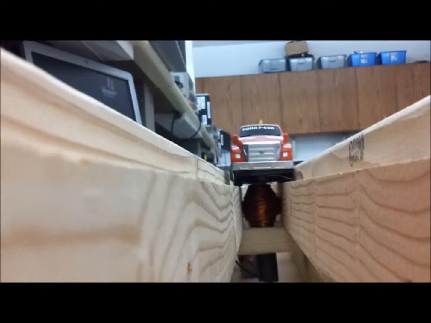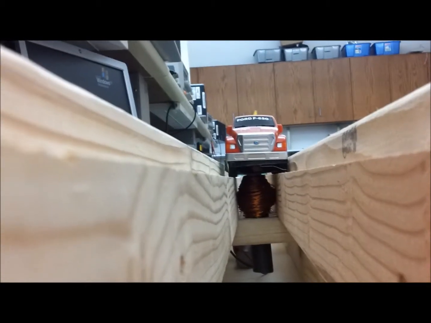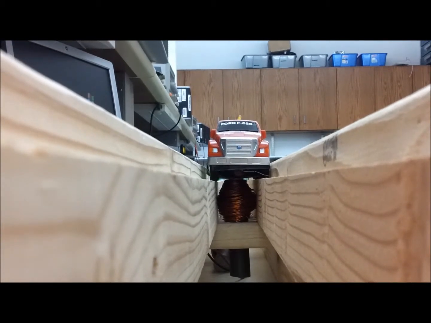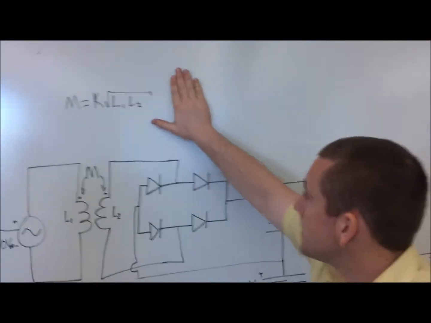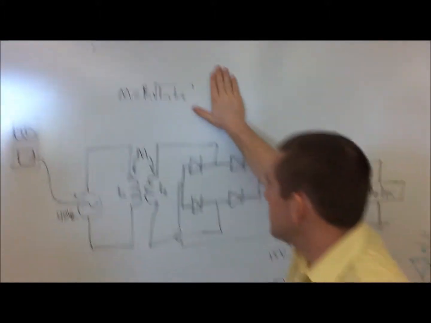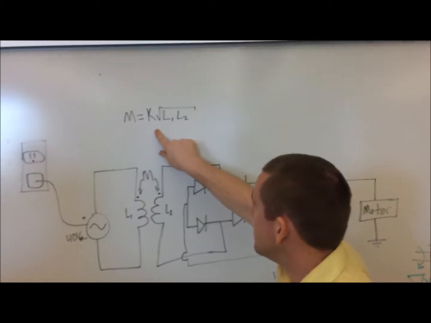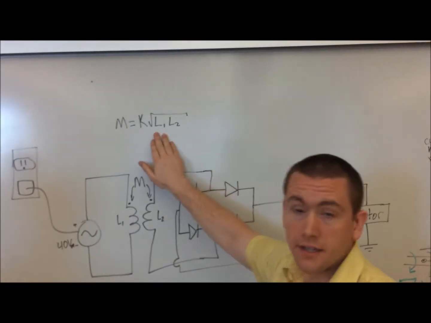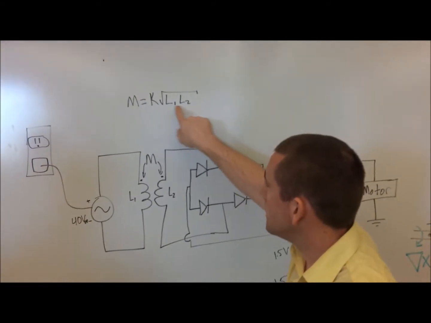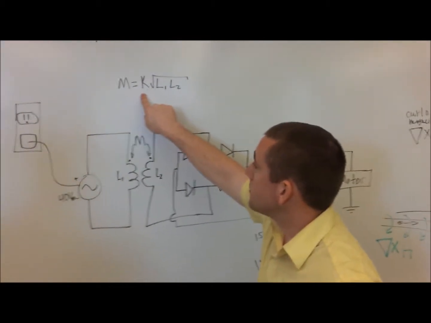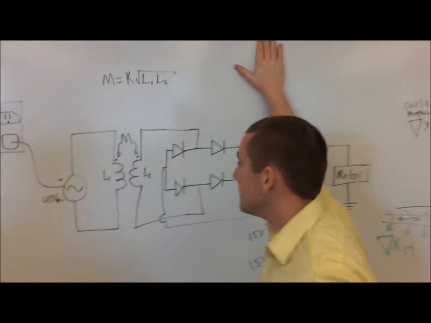As you can see here, the distance between the 2 coils is pretty small, but we were still unable to get the transfer that we really needed. That's because of this right here. The mutual inductance that we have between these two is based off of this. We're stuck at 60 hertz, so these two values are constant. But what we've been trying to maximize is this value right here, this coefficient of coupling,